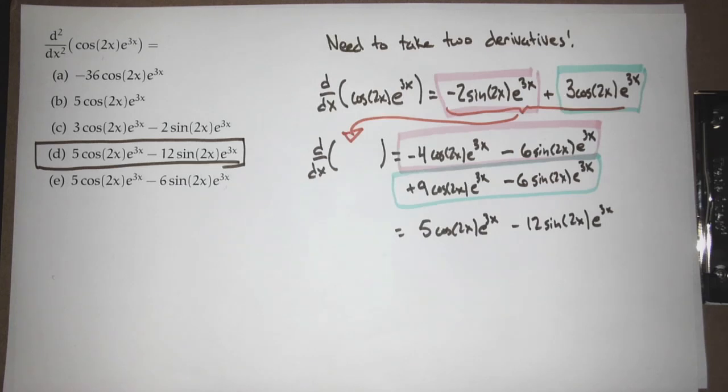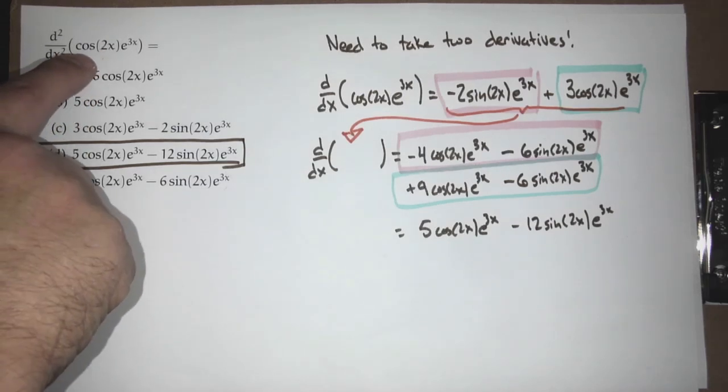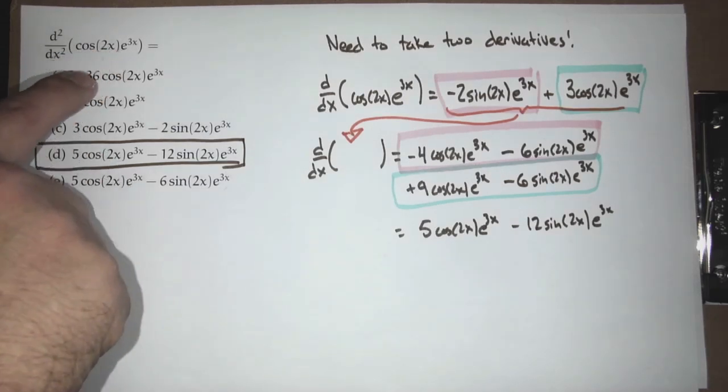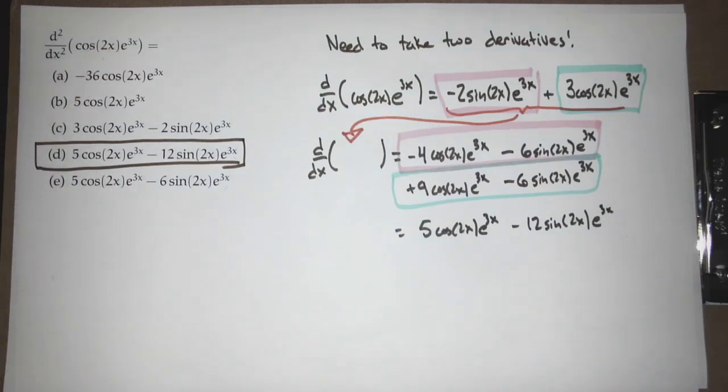Now, some of these you can almost guess. We kind of made you think, oh, I'll take two derivatives of cosine would be negative 4 cosine 2x, and two derivatives of e to the 3x would be 9 e to the 3x, and negative 4 times 9 is negative 36. So that might be an error that students might make. And you notice that we tend to put common errors as options. So it's good to be methodical. So anyways, no big surprises, I hope.